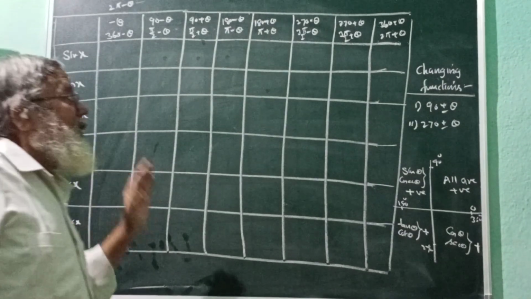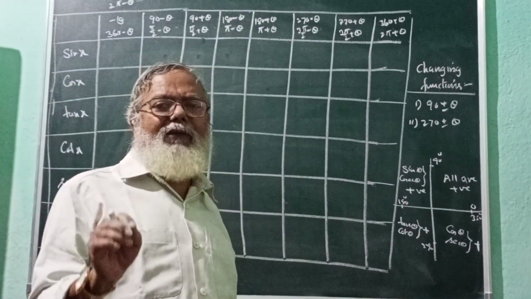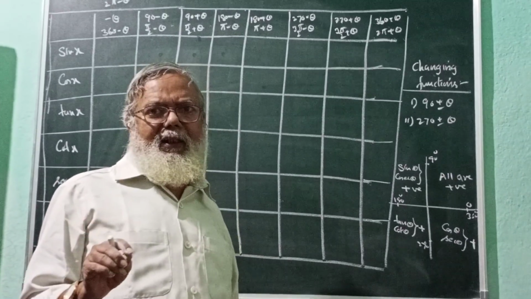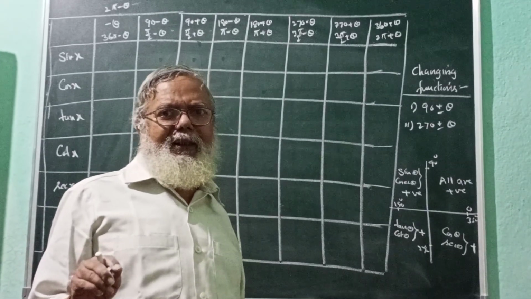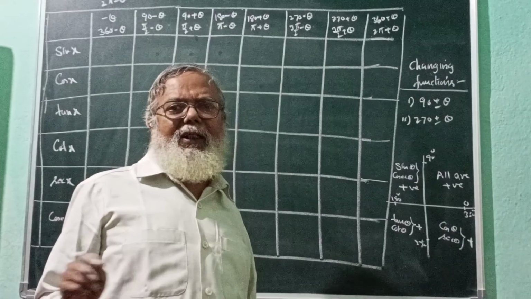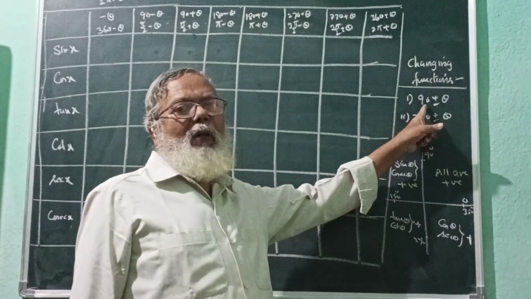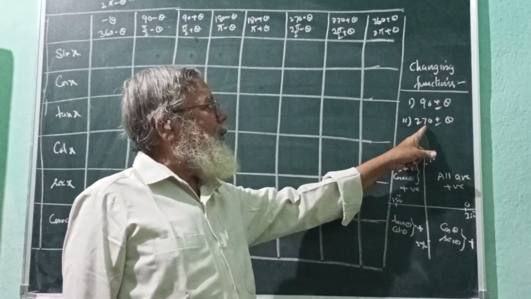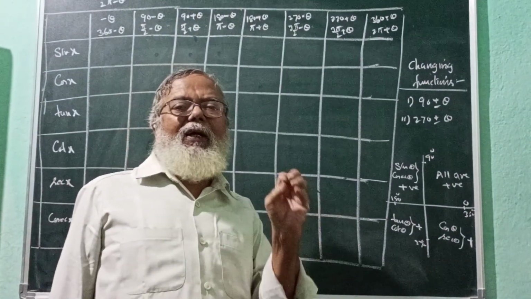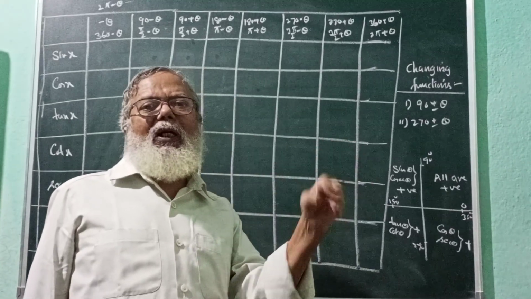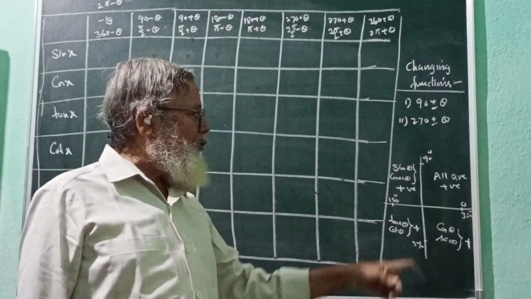So one thing is that there are two types of the function which are changing. That is, sin theta changes to cos theta changes to sin theta. Tan theta changes to cot theta changes to tan theta. Similarly, sec theta changes to cosec changes to sec. What are those angles? Those are 90 plus or minus theta and 270 plus or minus theta. For example, you see 90 plus theta. Whenever you get 90 plus, the answer will be cos theta. Now next, whether it is plus cos theta or minus cos theta, we have to check by this table.